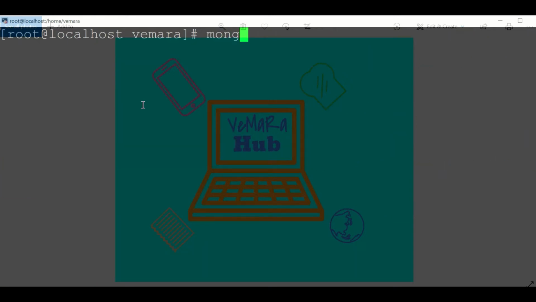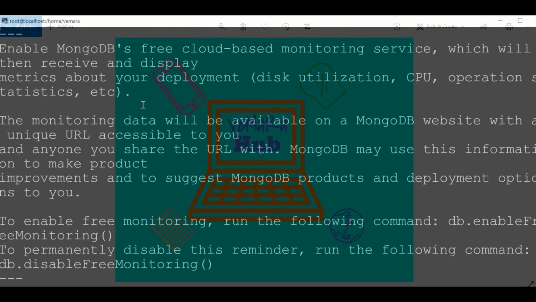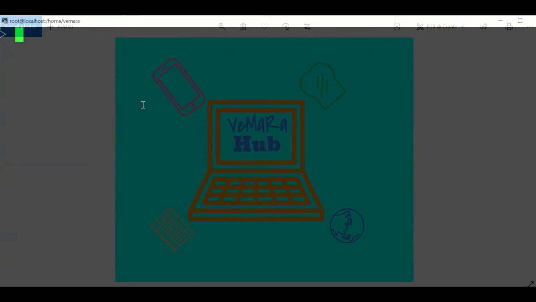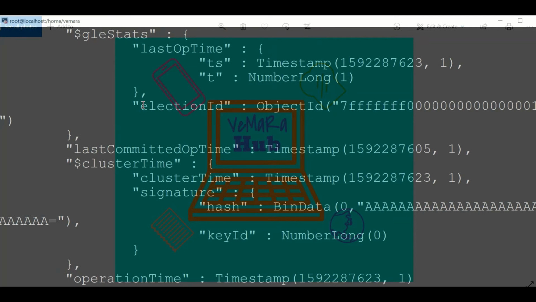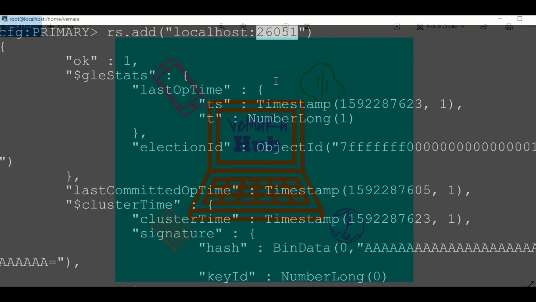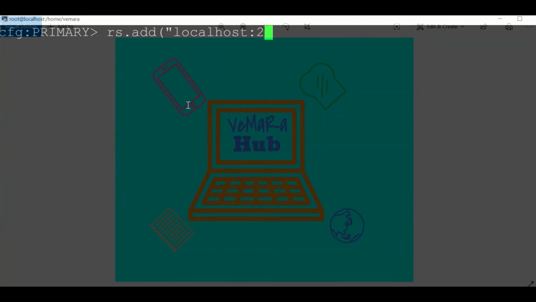Now I'll log into my first config server, that is on port 26050, and I'll initiate replication for the config server using rs.initiate. I'll add the other 2 config servers in the replication, that is one on the port 26051 and the other running on 26052.